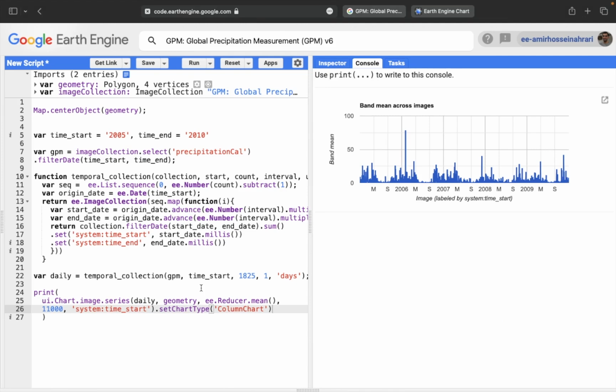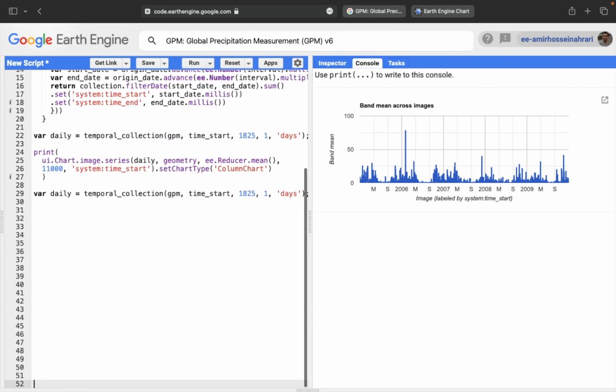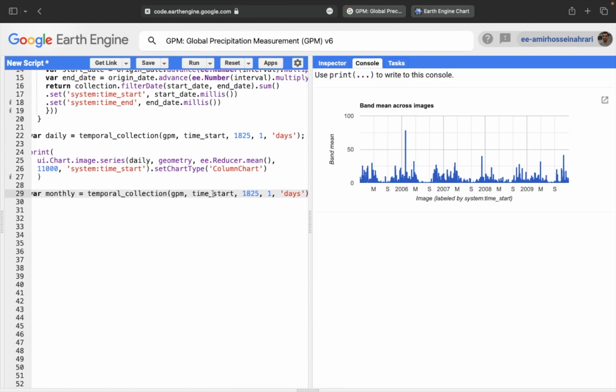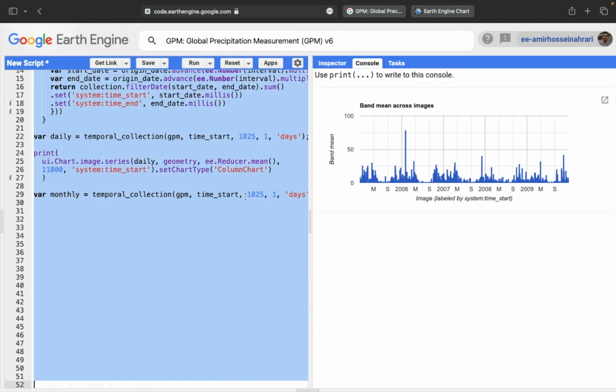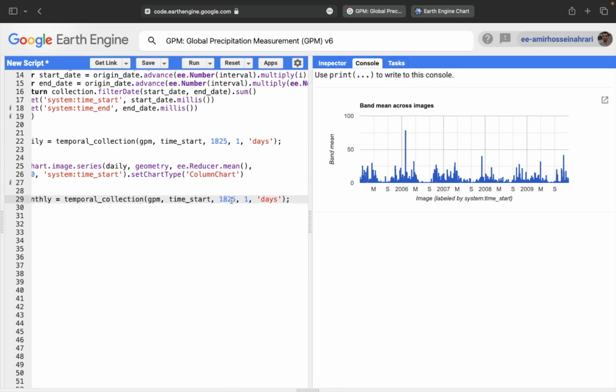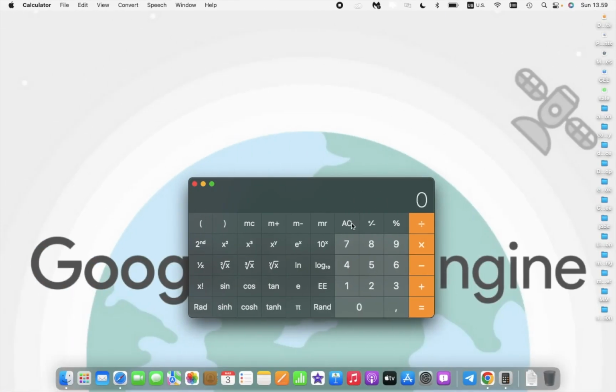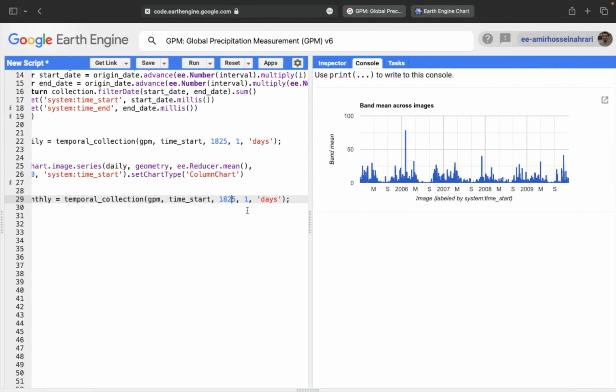So we can repeat these process steps for the monthly and also the annual data. For example, I want to get the monthly data here. So here, make a new variable. Just make more space here, and the variable monthly equals the temporal collection. Keep the GPM, keep the time start, but the number of images should be changed. Each year we have 12 months. For 5 years we will have 60 months. Here you can see that